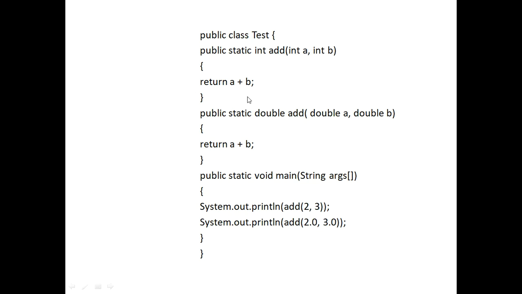At the same time, I have one more function, that is public static double add. You can see both are add functions, but here the return type is int and the input type is also int. Here the return type is double, and the parameter types are also double. So here it is integer and here it is double. That's where we created a difference. So here the compiler can easily make out that here integer is there and here double is there. So that means there is a difference.